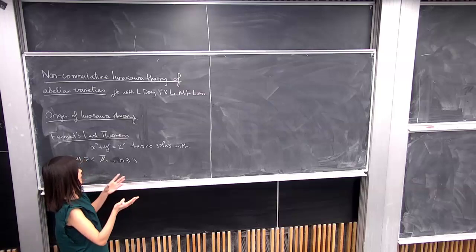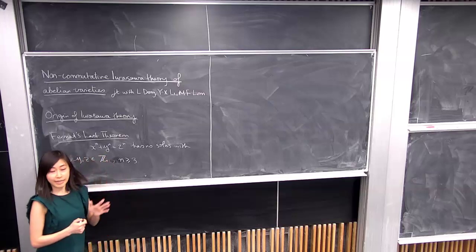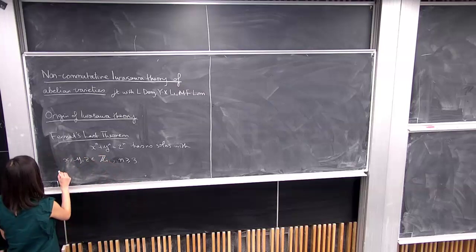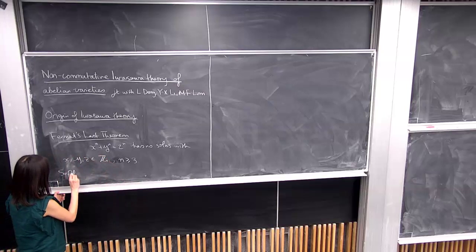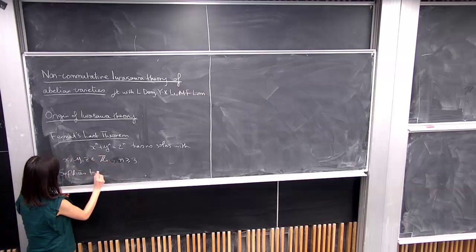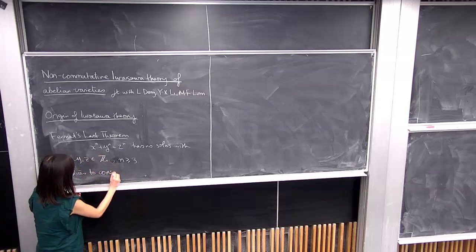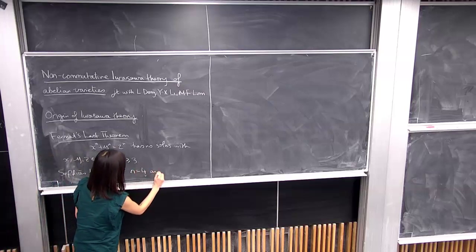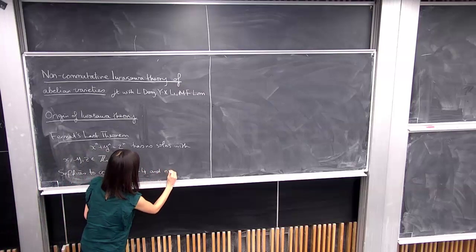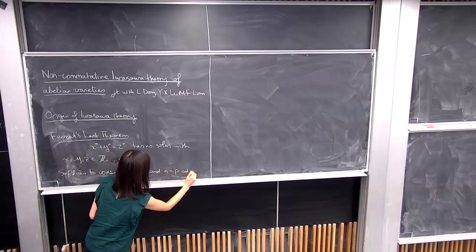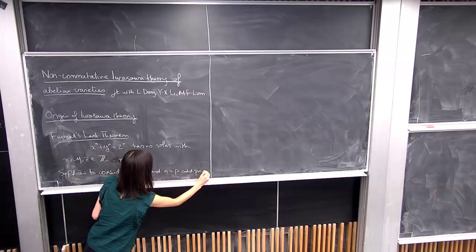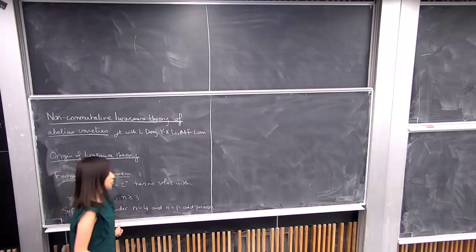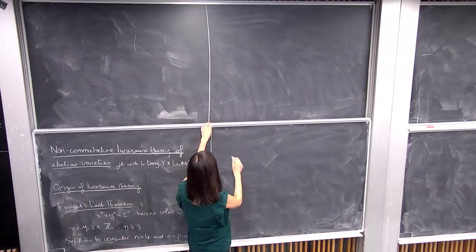So you only need to consider n equal to 4 and odd primes. And when p is an odd prime,